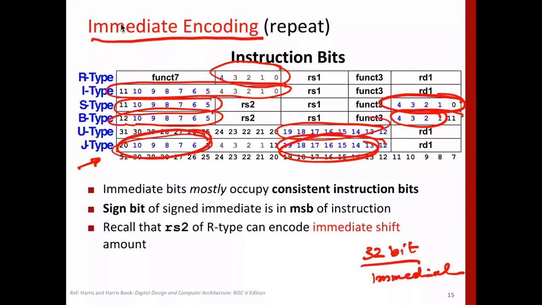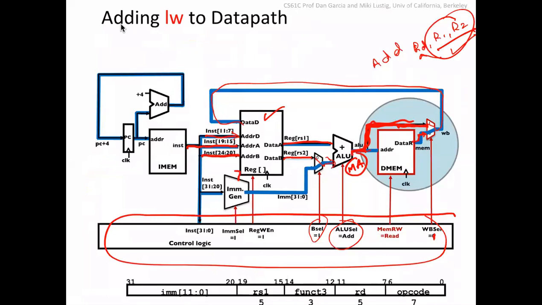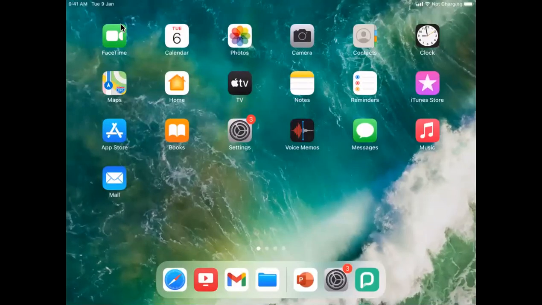Okay, if it is U type, then we'll take these bits and generate a 32-bit immediate, and so on, right? So this device that we have here has an important role to play depending on the kind of instruction that is in execution. The corresponding control signal will be generated to take appropriate bits from all 32 bits available here and generate an immediate value of 32 bits, which is correct based on the instruction.